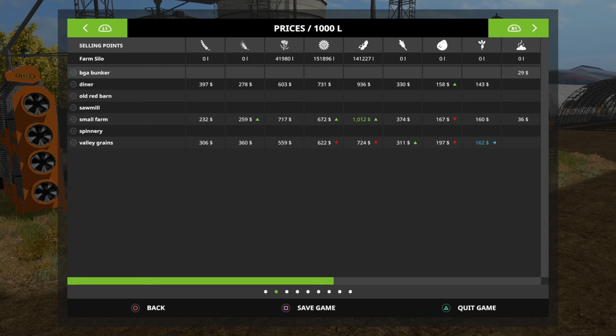You can also see small farmers almost finished rebounding. It's still going back up. We're over $700 there. And our sunflowers are starting to come in a bit as well. So we are going to be selling probably everything in an effort to really have a lot of funds available for us. It means the harvest will probably take place on the next game day at this rate, because we're letting these prices go up and up and up,